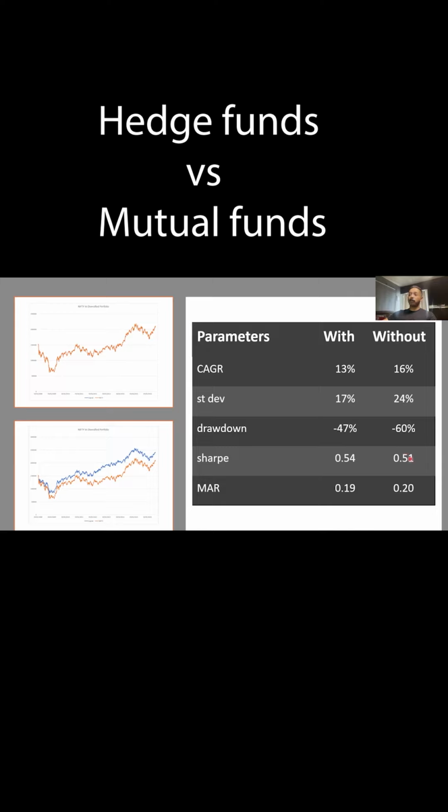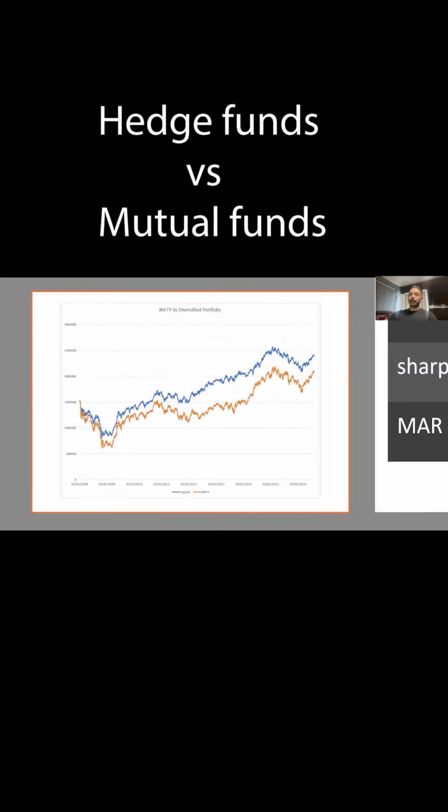You have a Sharpe of 0.51 and you have a MAR of 0.20, which is nothing but return per risk that you're taking. Now, when you add a simple asset like gold in the asset, now you can see the blue line. If you want, I can just zoom in a little bit here to show you better. You can see that although more or less the shape of the curve is pretty similar,